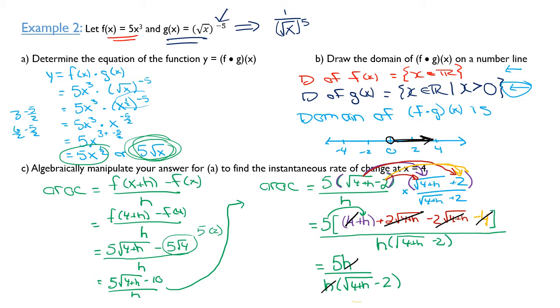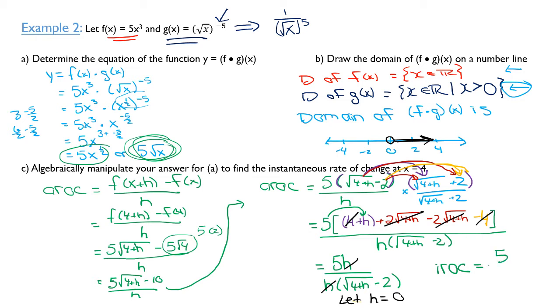And now we can state that we're at that great step that we get to. Once we cancel our h's, we can now let h equal 0. We're looking for where h approaches 0. That's what we're trying to find for our instantaneous rate of change. As soon as we do this, we can now write instantaneous rate of change instead of average. Instantaneous rate of change is equal to